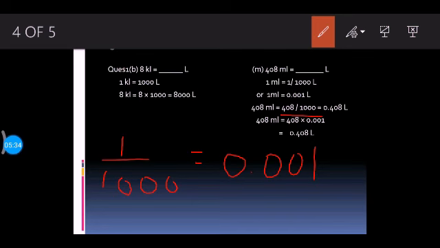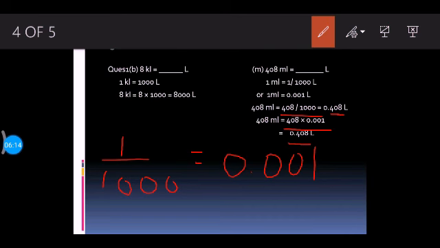I am here dividing 408 with 1000, so my answer will be 0.408, because whenever you divide with 10, 100, 1000, you shift the point in left direction as many number of times as there are zeros. So answer will be 0.408. And whenever you are multiplying with 10, 100, 1000, what you will do? You will shift the point in right direction. Okay, and the second method is just multiply 408 with 0.001. I multiplied it, and my answer is the same as the earlier one. I hope it is clear to you all.